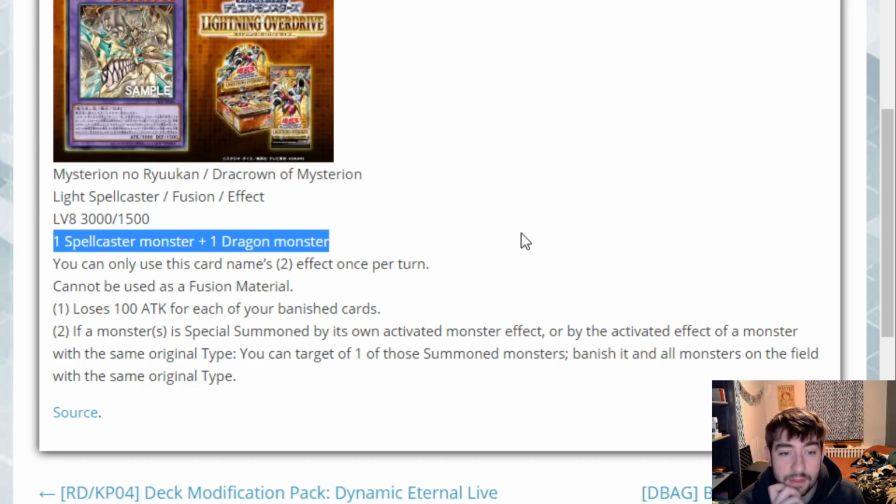Imagine if you're playing something like Shaddoll, a deck that already likes to, if not main deck Super Poly, play it in the side. You already cover the spellcaster part of the equation, and all you need to do is, if it's a side deck card, or even otherwise, your opponent maybe has a dragon deck in the format, but there doesn't even need to be